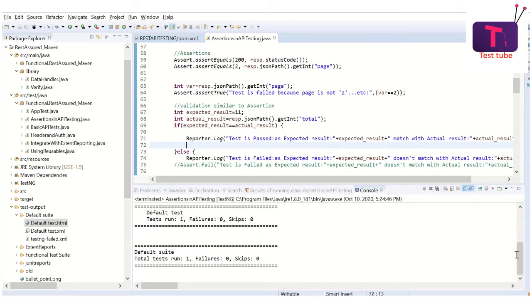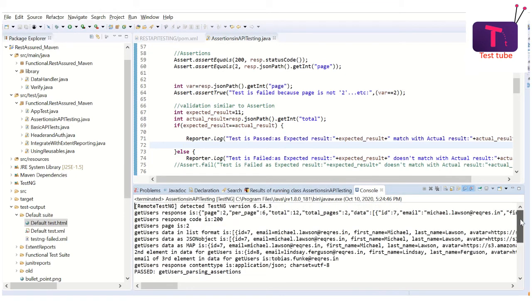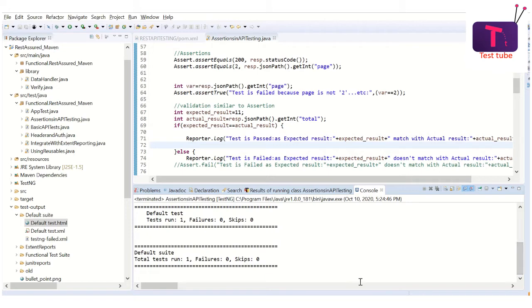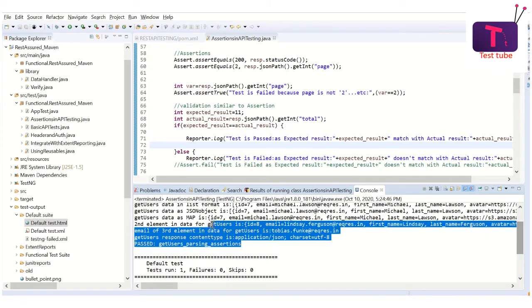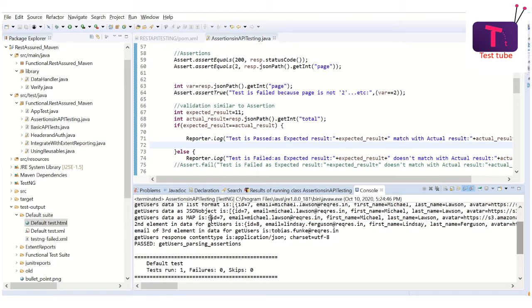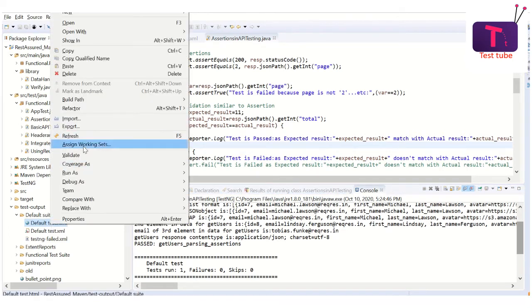Okay, see, it didn't fail. It is showing that the test case is passed. All right. But don't think that the test case is passed, because let us go into the logs and have a look.